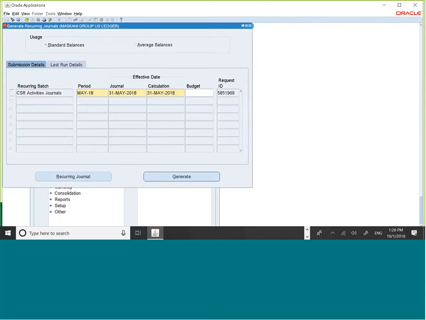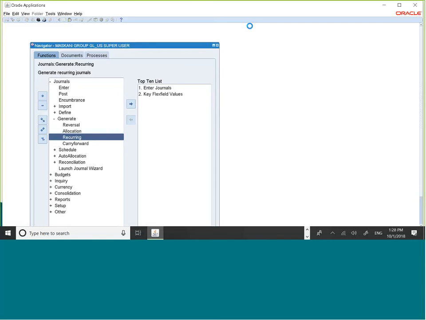Now let's leave this running first. May is still a future enterable period. We can generate the journal, but remember when we generate the journal, we still have to go and review it and post it. So the journal will be generated, but unless we open May, we won't be able to post the journal. So as that is running, let's